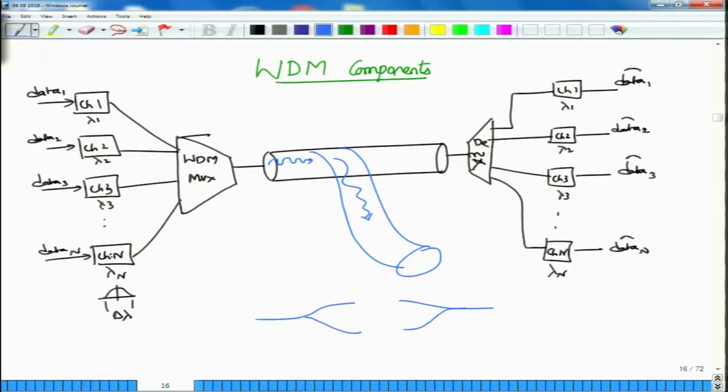These two are complementary devices. They are passive bidirectional devices, meaning that when you send in an optical signal this way, the optical signal separates out into two components. It will be the same information, maybe some phase change will happen, but essentially it is the same signal that is going in this one.